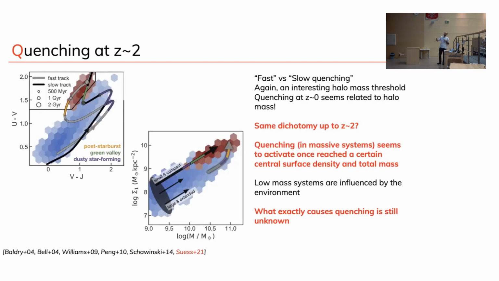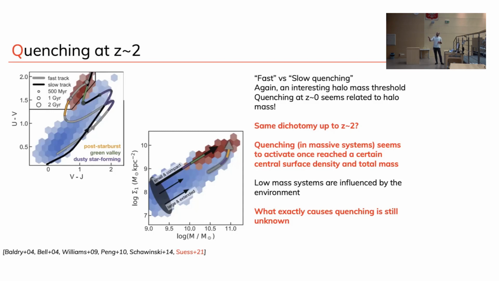And interestingly, you can still predict a couple of tracks, fast and slow. So a slow track would be something that is associated probably with broader galaxy properties. Maybe the environment slowly grows, and then when you shut off the star formation, it goes down and goes up. While galaxies that end up being down here have a quench which is somehow faster. Faster means, let's say, 500,000, 1 billion years.